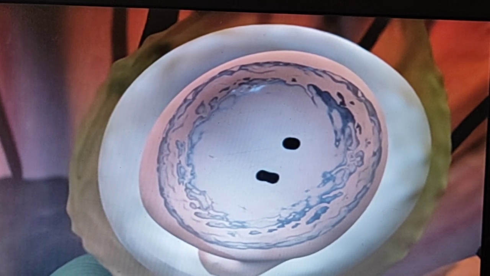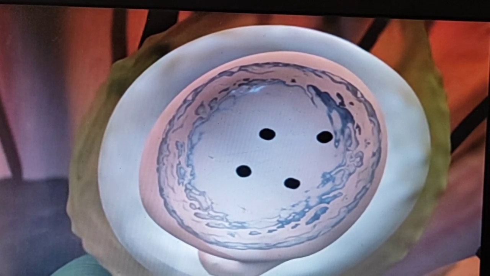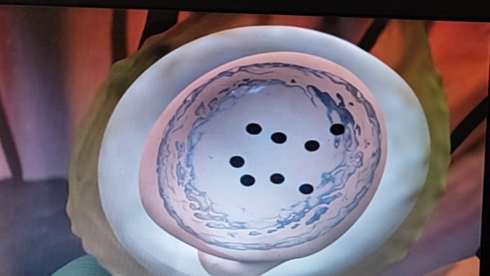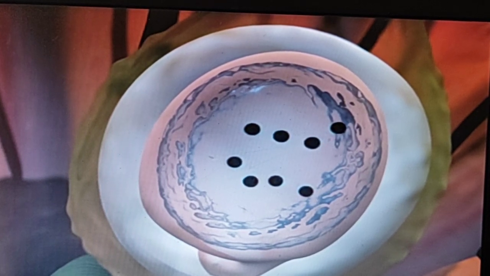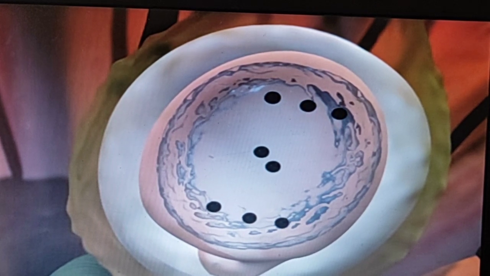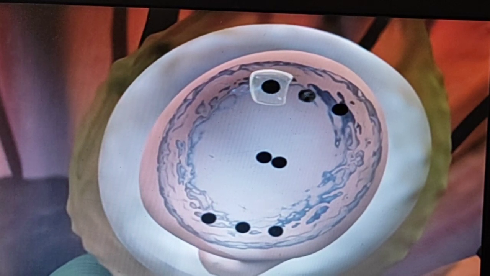They divide, forming first 2 cells, then 4 cells, and ultimately 8 cells. Clear? Now they move towards the opposite poles. In total they have 8 cells. 3 move towards the basal end, and 3 move towards the micropylar region, which is present at the lowest side, and 2 of them stay at the central region.